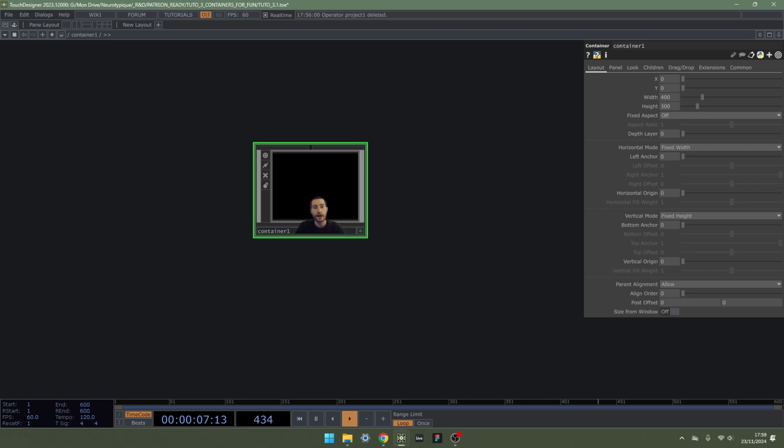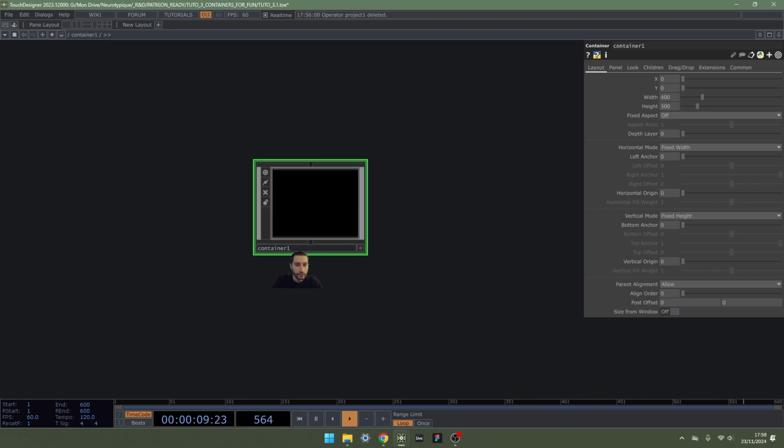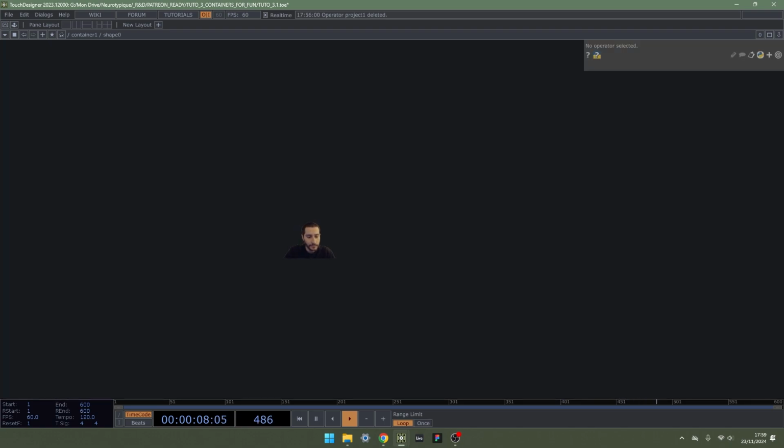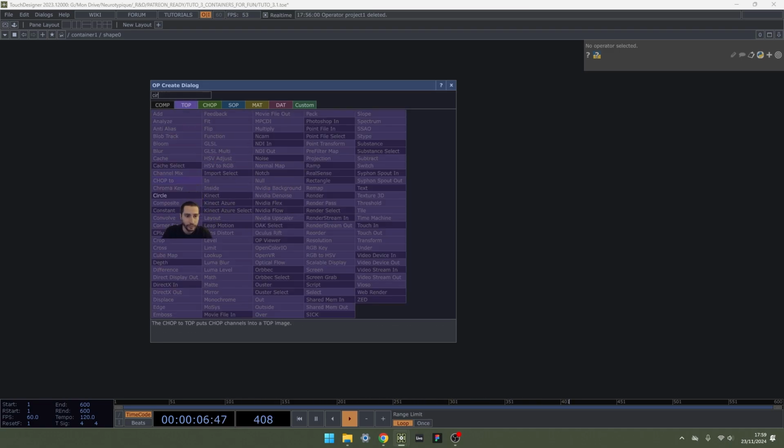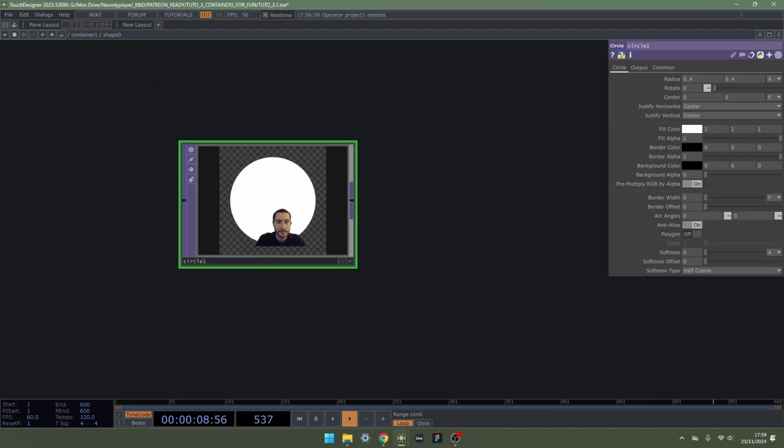Just so you see how it works, we're going to create this one. We can call it shape 0, and directly go inside. And this is going to be the only network in the shape: a circle TOP. As simple as that.